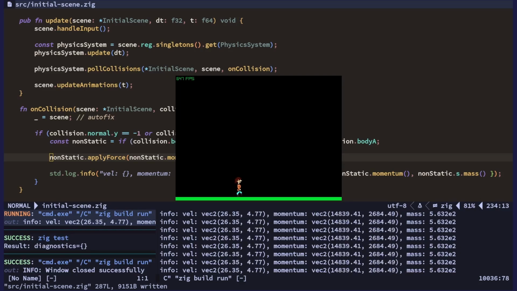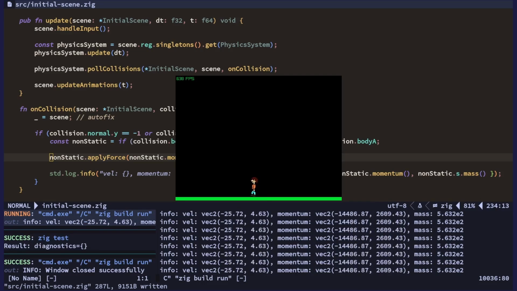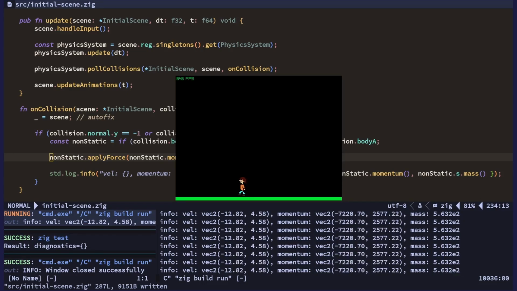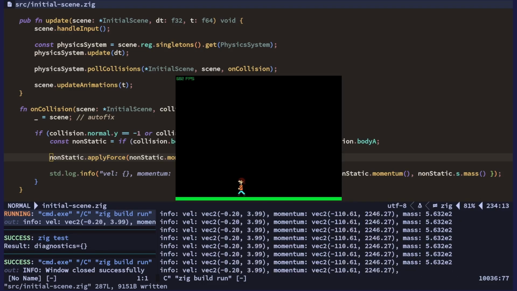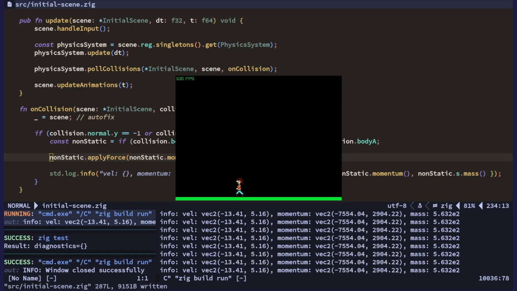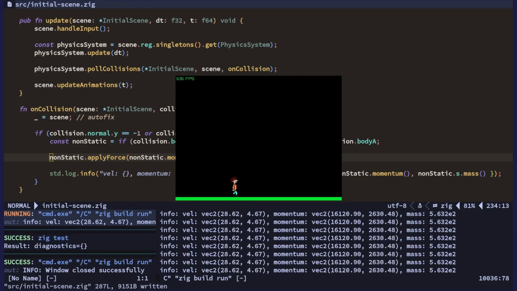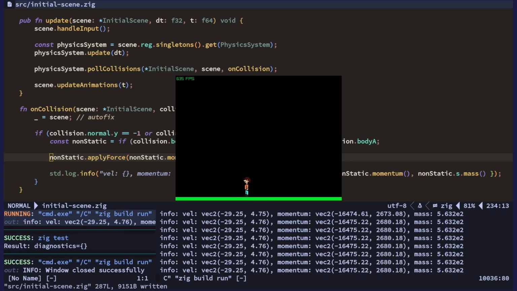I guess that's kind of the effect that I want, actually. However, I don't know why it doesn't. I guess because when you're accelerating, we're applying a force plus the actual velocity that you have, so we're not negating the acceleration that you get by walking as well. So we're getting friction, but